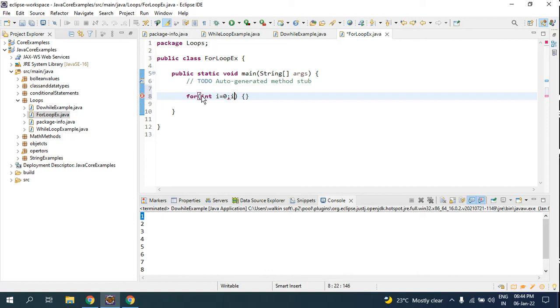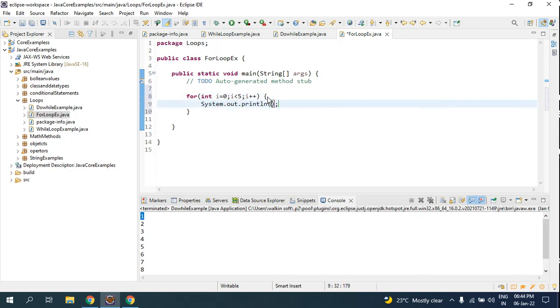For the second one you will be having the condition i less than 5, and the last one you will be adding the increment. So all the three things have been done inside the single line inside the parenthesis, and here all I am doing is printing out the value i.